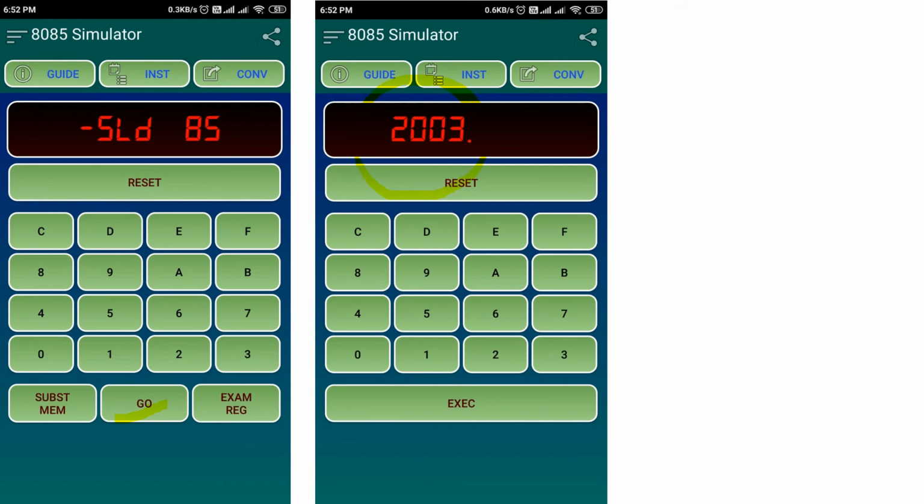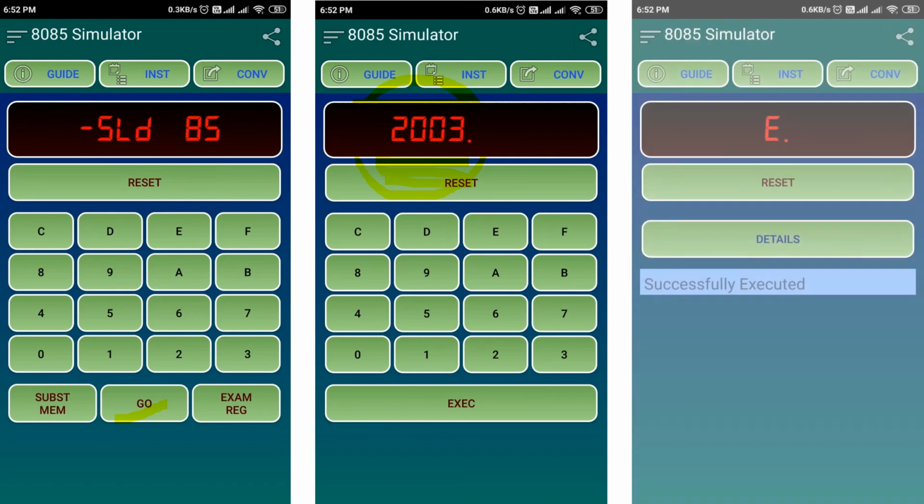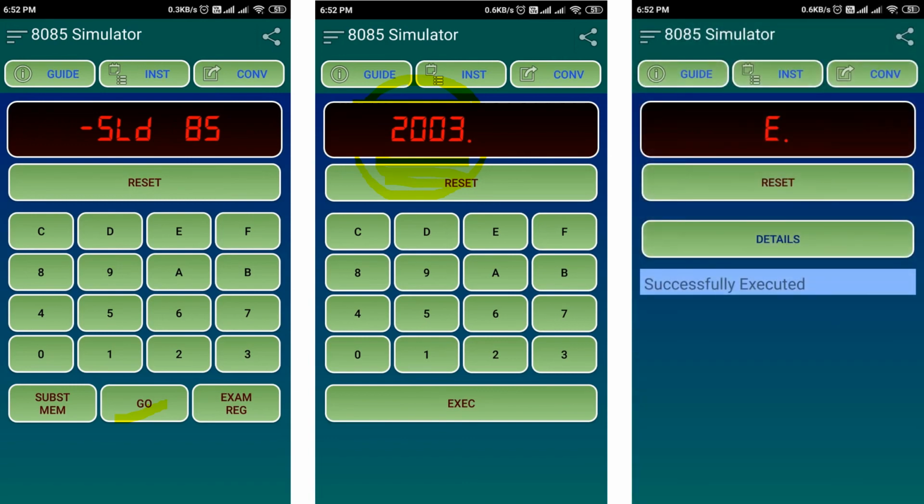The initial three locations we have used to store the numbers: the one that is given, and the next two that are to be used for storage of the result. So at 2003 we have the starting of our program, and then we have executed this from the memory location 2003, and this will be displayed.